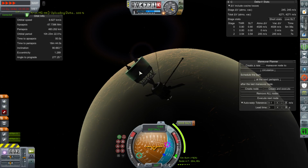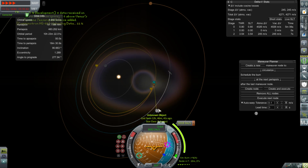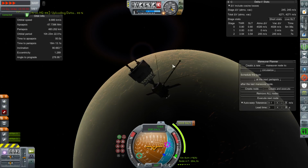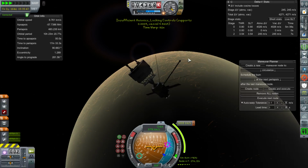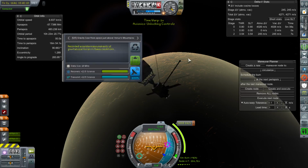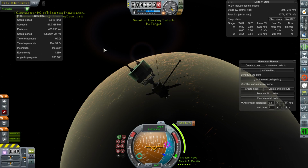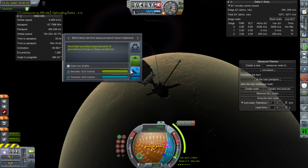Now, it'll take a long time. Where is Earth? Oh, back there. Yes, I'm not even close to the Mars window yet. But that'll be next. At any rate, and biome-specific science data. The autopilot thing is useful for this, but...